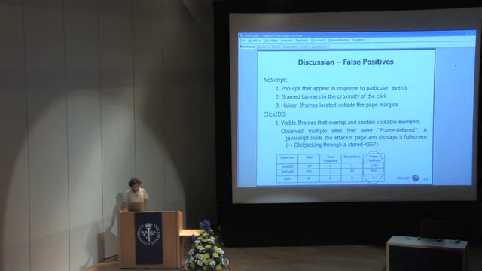Regarding the false positives, we had about 130 alerts out of a million for ClickIDS and more than 500 for NoScript. For NoScript, we categorized 3 different kinds of false positives. The first one is a pop-up that appears in response to a particular event. In fact, when we move the mouse automatically,